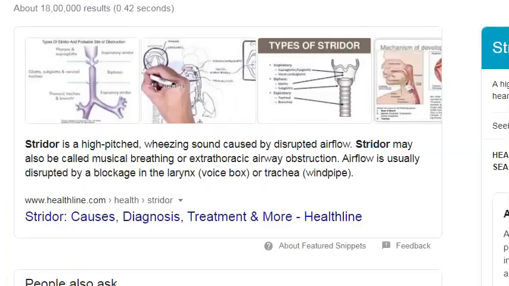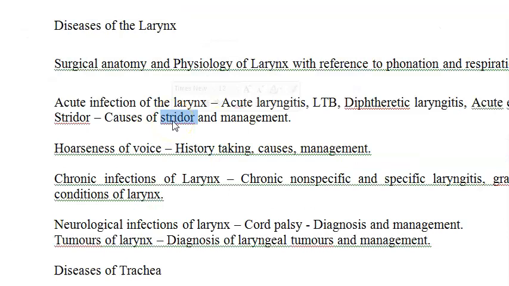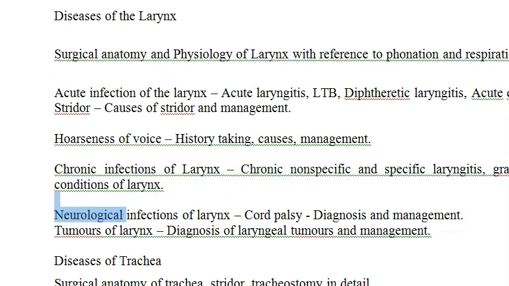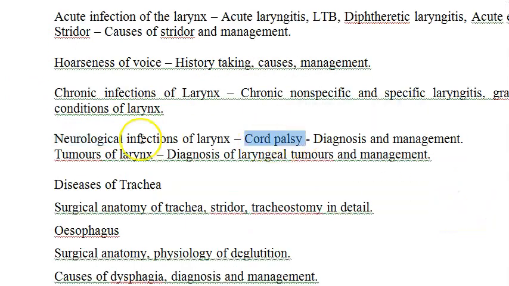What is stridor? Musical breathing, high-pitched wheezing sound caused by disrupted airflow, extrathoracic airway obstruction. Interesting. So we have to learn the causes for the stridor, management, hoarseness of voice, infections of larynx which are chronic. You need to know the chronic infections. Here they talked about acute infections. The neurological infections of larynx, neurological. So cord palsy,